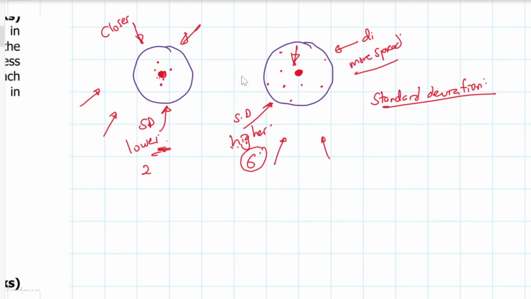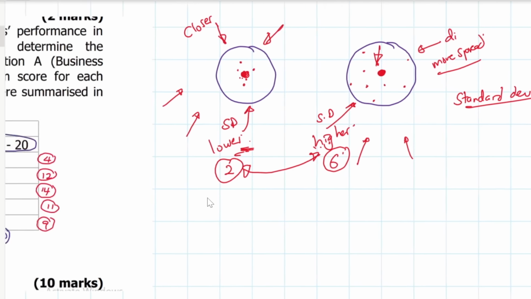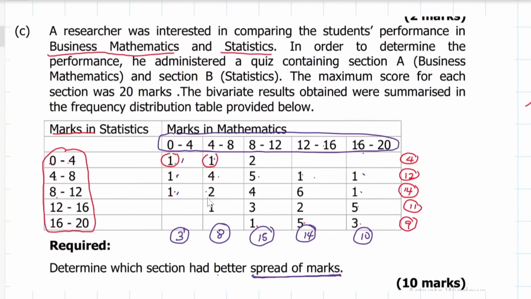The standard deviation is just the measure of how much data is spread away from the mean. And so if you compare the two standard deviations, you're able to determine which one is more spread away from the mean than the other. So this is just an illustration. I'm just trying to help you understand the question. Here, when they tell you to determine which section has better spread of marks, I think by the word better, they mean which one is more,